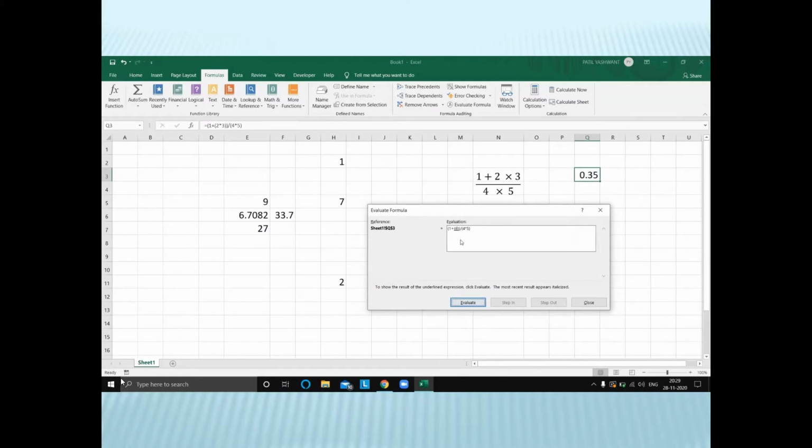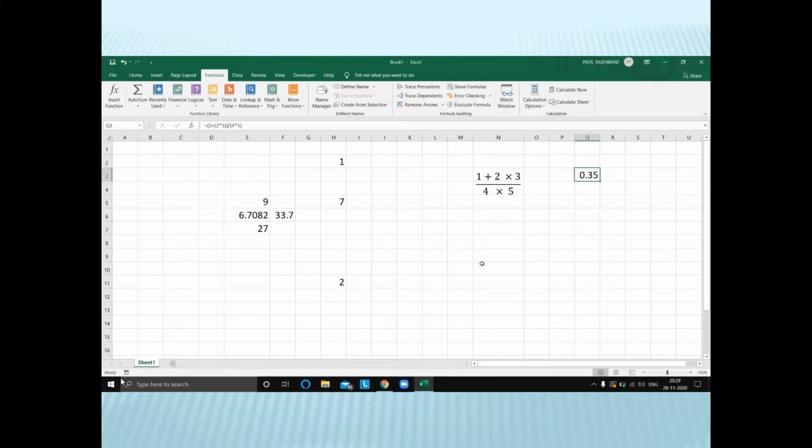You get to see that the underlined part first gets executed. It always does things in parentheses, left to right first. So it's going to calculate 2 into 3, that we got 6. Then it's going to do 1 plus 6 to get 7. So I get the 7, and then it removes the parentheses. It moves on to the next set of parentheses, that is 4 times 5 is 20, and then does the final 7 divided by 20. So you see we have got the answer as 0.35. Then you can close. So you can see how Excel is performing your calculation.